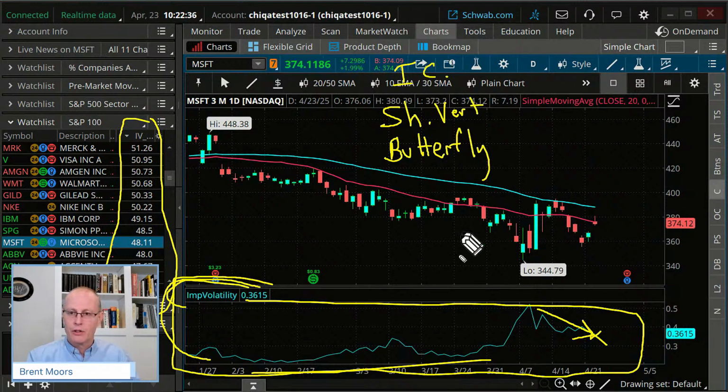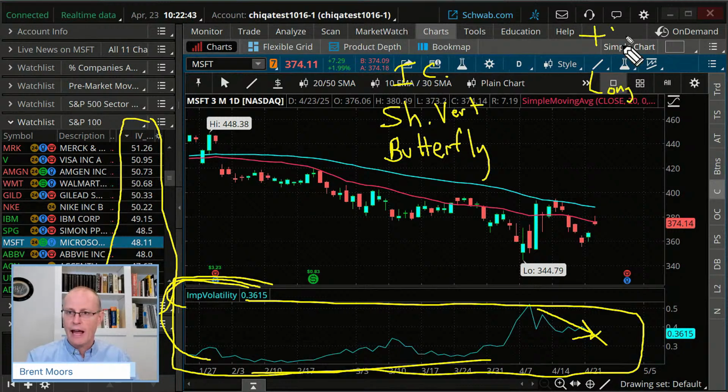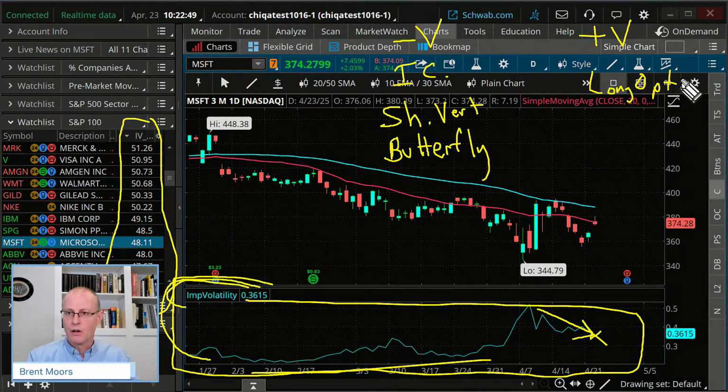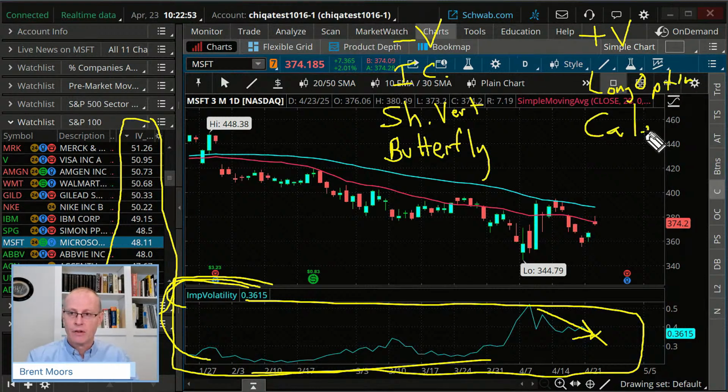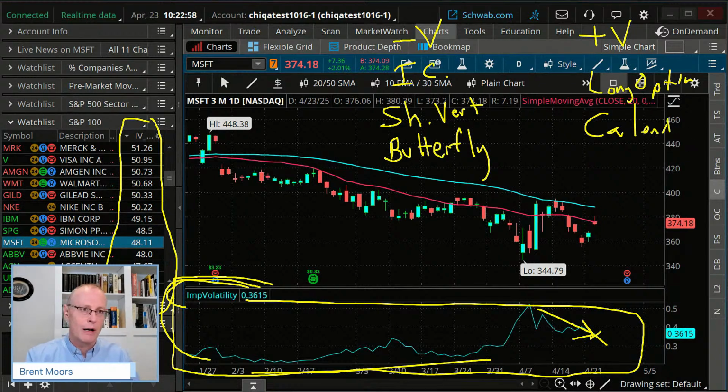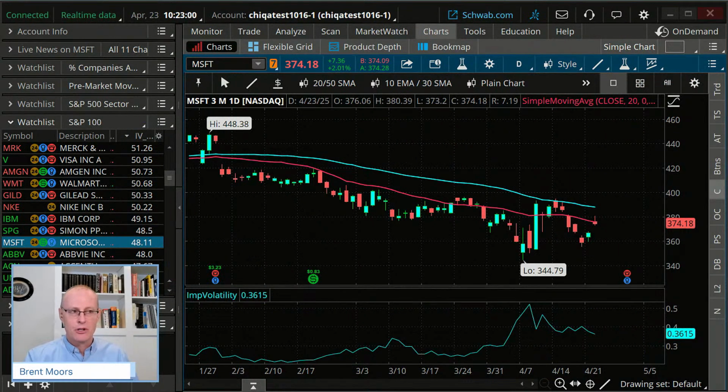What about long vega trades? Well, long options would be long vega. So this would be positive vega. This would be negative vega. Positive vega trades, long options, long single options. Things like a calendar spread would be positive vega. We talk about this in this class quite a bit. So, but I wanted to give you the measures today on this.